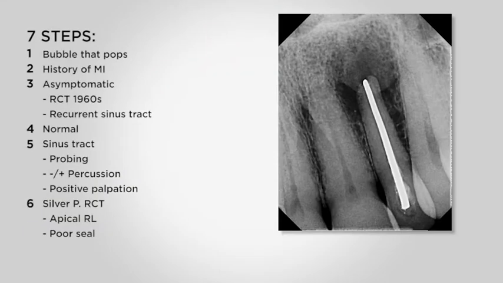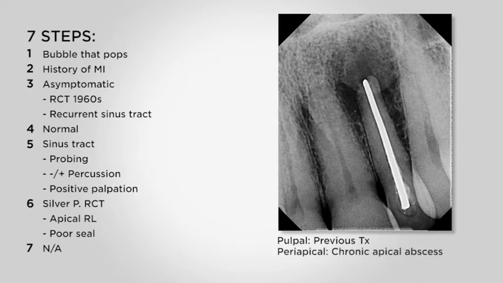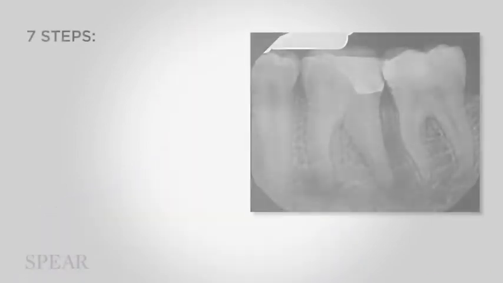In this case, we didn't obviously need to do any additional testing, and this was very clear that our pulpal diagnosis was a previously treated root canal, and our periapical diagnosis was a chronic apical abscess. Now, it's a chronic apical abscess because there's a sinus tract present. If there were symptoms present, and if it was swelling and the sinus tract was closed, then we would have an acute apical abscess. So for the next patient here, we have a patient with a chief complaint of pain